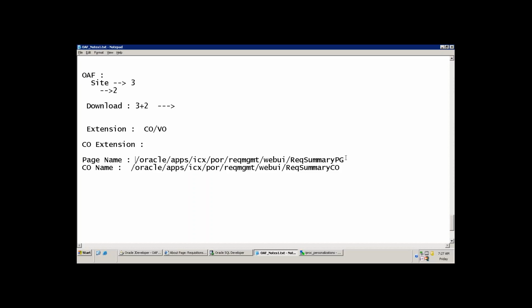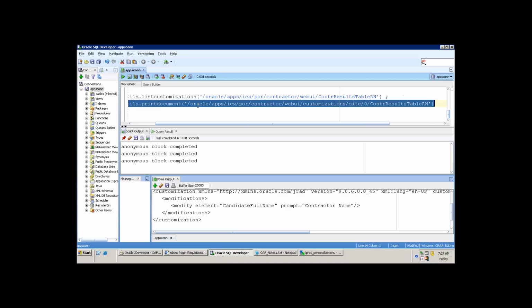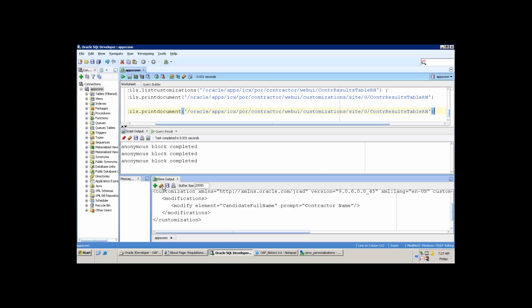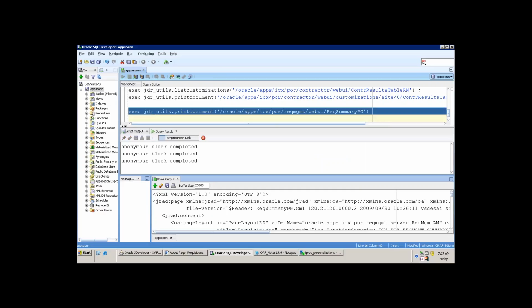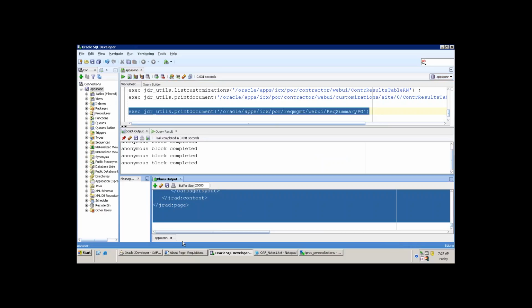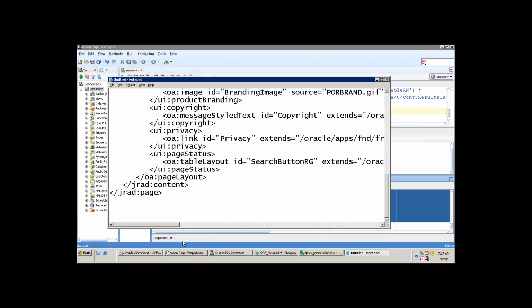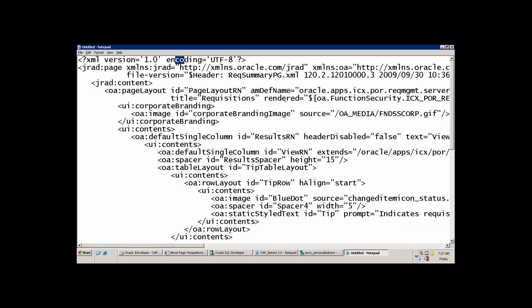So what you can do is get the XML content of this particular page, isn't it? You can get the XML content of this particular page. It is not required, but just for the sake of showing you the code also, I'll copy this one. Now, can you see the CO part from there? The controller class is equal to